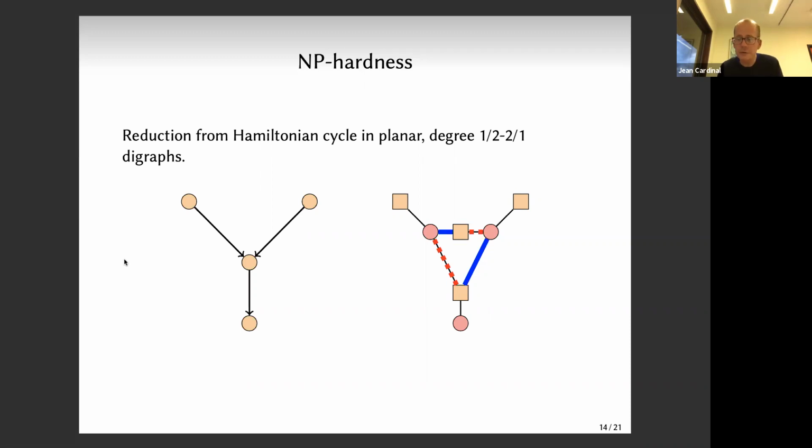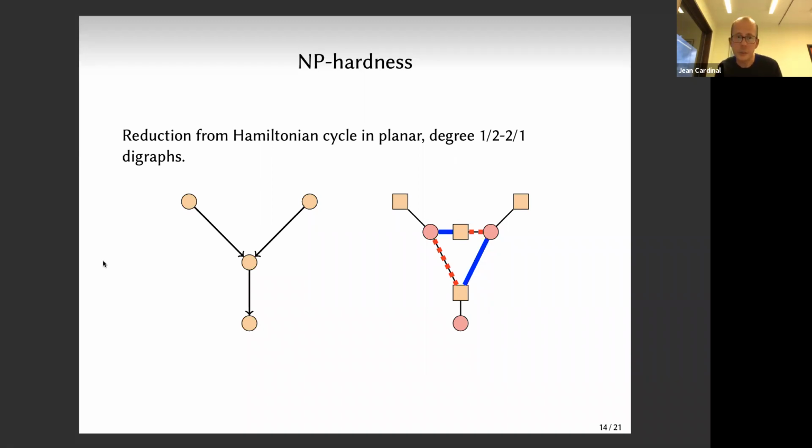So deciding whether the flip distance is 1 is easy, right? You just compute the symmetric difference, see if there's a single cycle, right? But deciding whether it's at most 2, that's NP-hard. In particular, there's a lower bound on the approximation factor, and it's not an FPT problem because we